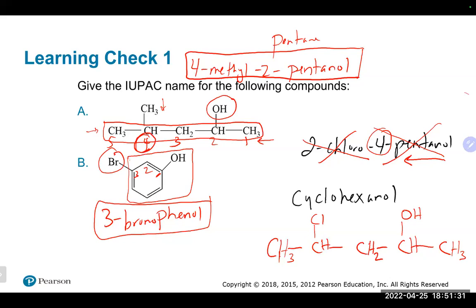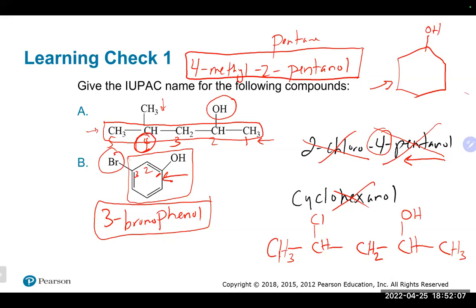Lastly is cyclohexanol. So cyclohexanol is based off of cyclohexane, which is the ring. It is the ring with no double bonds. So the difference: double bonds, no double bonds. That's actually cyclohexane. Now I need to put an OH on it to make it cyclohexanol. Doesn't matter where I put the OH. You can put it anywhere you like along the ring, and that would technically be carbon number 1. And that's it, since there's nothing else attached, obviously.